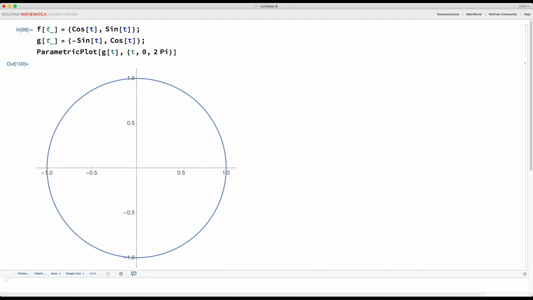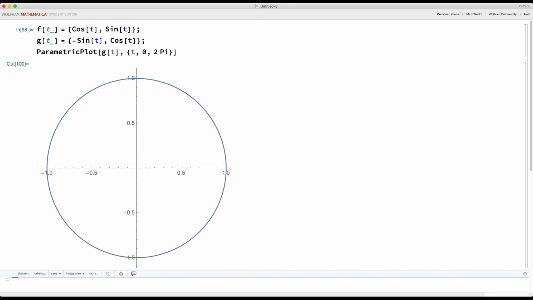Okay. The other thing is which direction does it go? Well, as t increases, what is true about the cosine, g of t? It decreases, and the sine is going to start at 0, and it would increase except there's a negative in front. So it's still going to go counterclockwise, it just starts at the top instead of at the